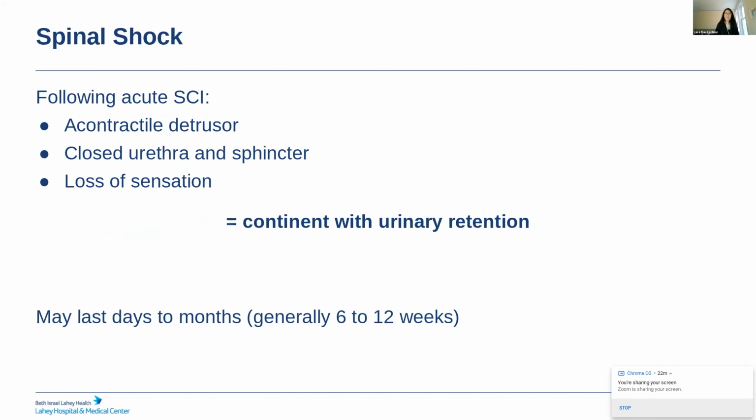As far as spinal cord injuries, there is something called spinal shock. That'll happen acutely after a spinal cord injury at any level. What that looks like initially is an acontractile detrusor muscle. They'll have a closed urethra and sphincter, and they'll have loss of sensation. So they'll have urinary retention, but be continent because of their closed urethra and sphincter. This could last days to months, and generally speaking, I advise my patients it could be anywhere from 6